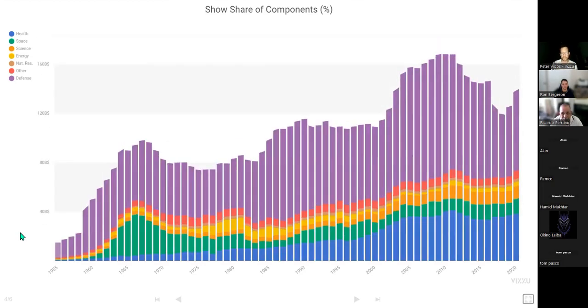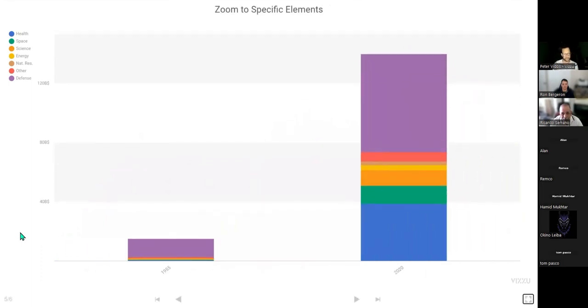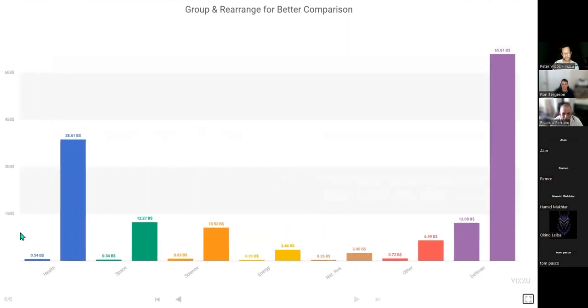Now we turned it to a stacked column chart and zoomed in by filtering the data to only include the years 1955 and 2020. This is the first and the last year in the data. And now we switch the chart type to a grouped chart, and then rearranged it by switching the order of the categories on the x-axis.